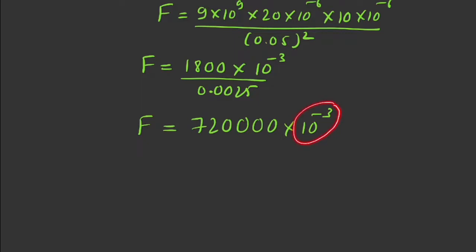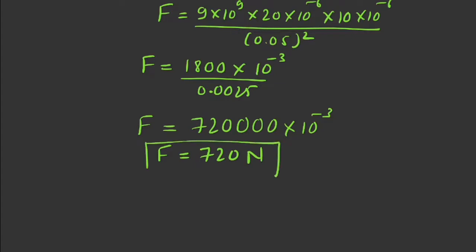So as you can see, it is 10 to the power minus 3, and where is the decimal point? It is here. Yes. So now here it is 10 to the power minus 3. So now we bring it here, it is minus 2, and now it comes here minus 1, here 0. Now 10 to the power 0 becomes what? 10 to the power 0 becomes equal to 1. And now what is the value we got? Force between the two charges in air, we got 720 Newton. That's it. So don't forget to put the unit for the particular calculations, because again unit carries 1 mark for theory exam. Okay, so this is the force between two charges in air.